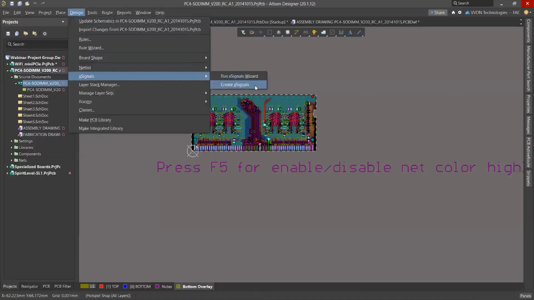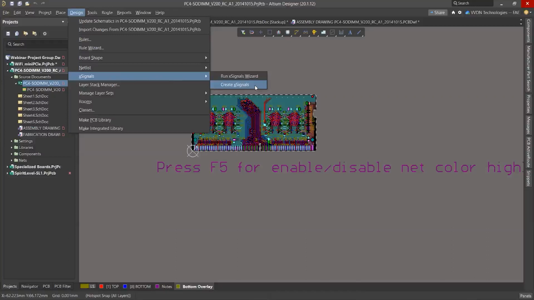Select the first component as source and the second component as destination. Automatically it will create all the nets between these two components as pin pairs. If you are using the first wizard, it creates that as a group, and that will be available in the X signal class. So you can use that for creating the rules.